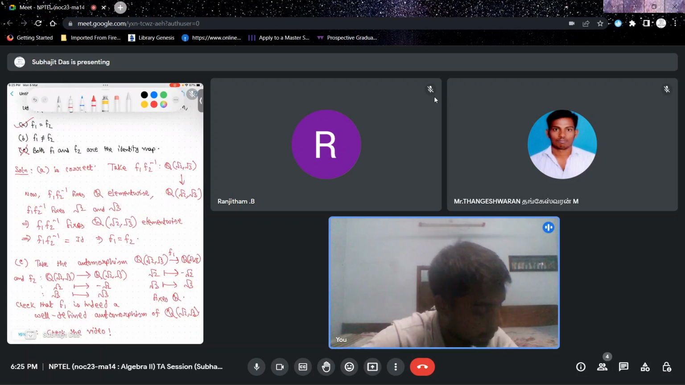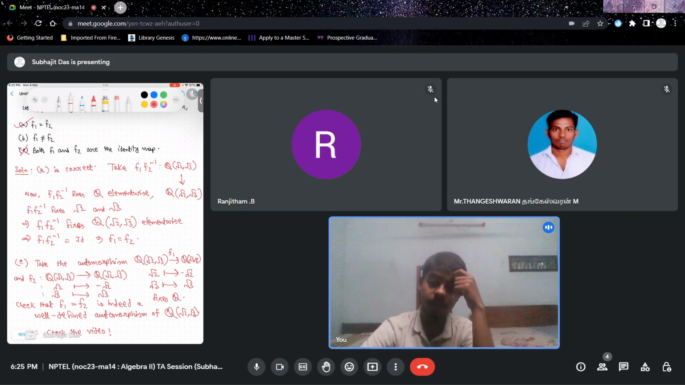to be this particular mapping, and you see that this is clearly not identity because F1, which is equal to F2, actually doesn't fix root 2. It maps root 2 onto minus root 2. Okay,